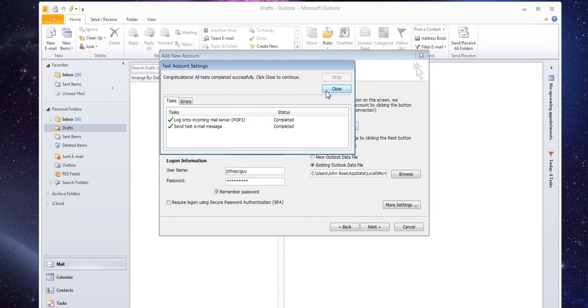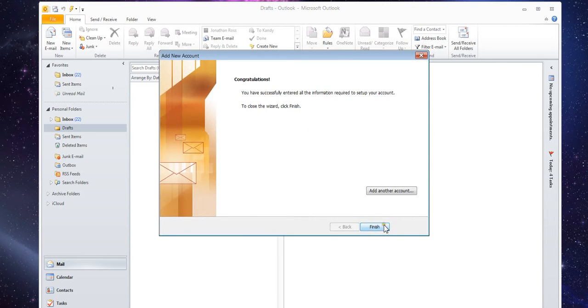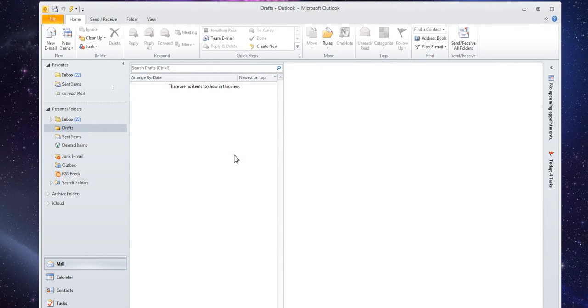You just hit Close. Mailman, got your mail here. And there you are. You just heard that, got your mail. That is what comes across when I get an email. You can see them right here, down here in the bottom. They're coming across. These are all my emails from my JR the PC Guy gmail.com. So there you are, friends. Real easy to set up. Now you can enjoy your